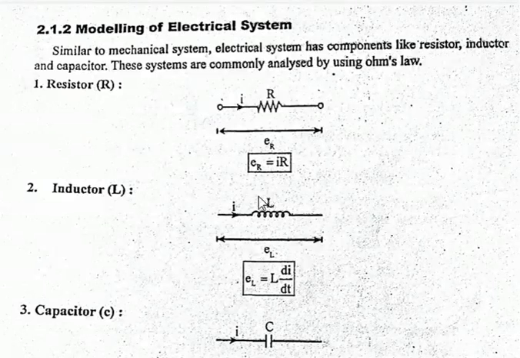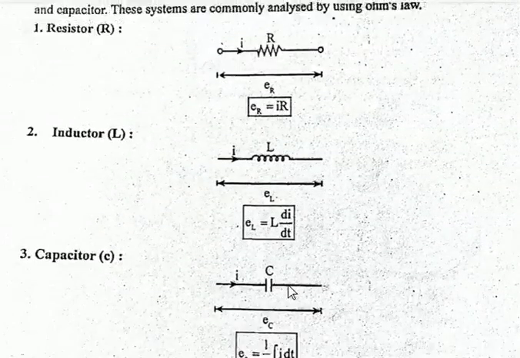This is to avoid the fluctuations of current through the circuit with respect to time. So that's why we take di by dt. The characteristic of the inductor is to avoid the fluctuations of current flowing through the circuit with respect to time. That's why we take di by dt, not I into L. You can take EL is equal to L di by dt. So next one is